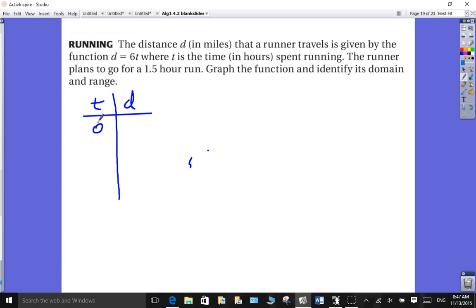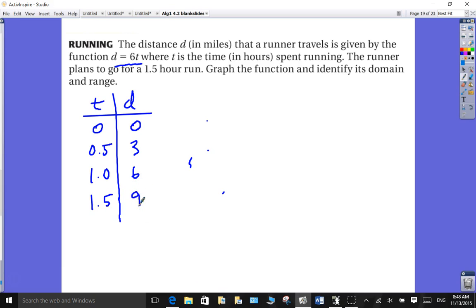How about if we just put in 0.5 and 1 and 1.5? And now we'll use this d equals 6t to calculate the d's. So when t is 0, when you haven't run for any time, you haven't gone any distance. When you've run for 1/2 an hour, 6 times 0.5 is 3. When you've run for 1 hour, 6 times 1 is 6. And when you run for 1.5,